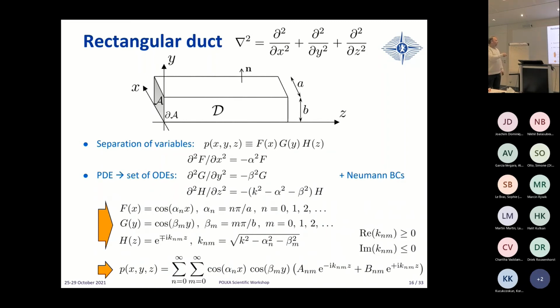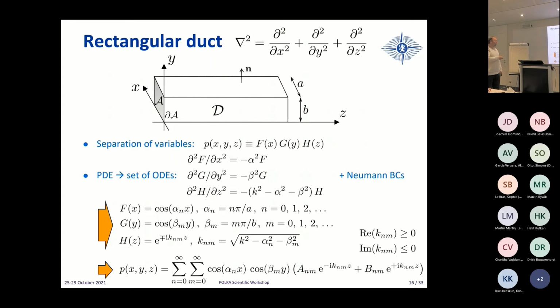Once you introduce the Neumann boundary condition, that the acoustic velocity field must have a normal component equal to 0 along each of the faces of the duct, we end up with a solution for f that is cos alpha n x, where n is an integer, 0, 1, 2, and so forth. Alpha n is n pi divided by a, where a is the dimension of the duct in the direction x. Similarly, you have this solution for G, and then for H, you have a more general solution,